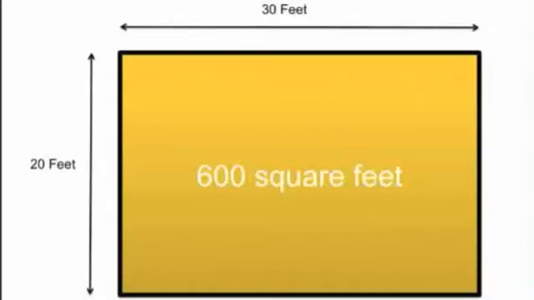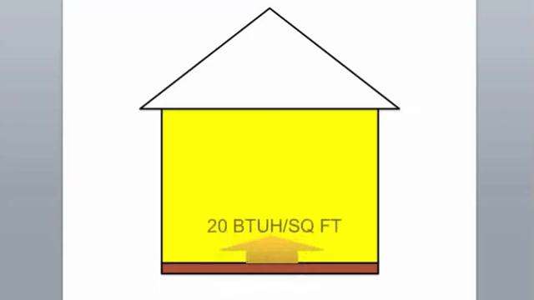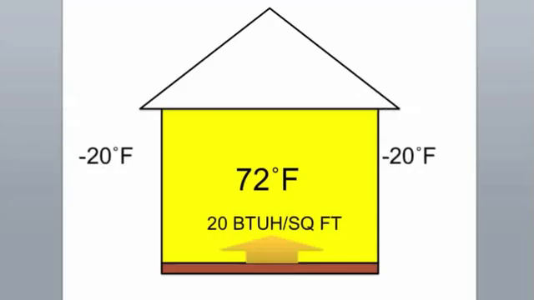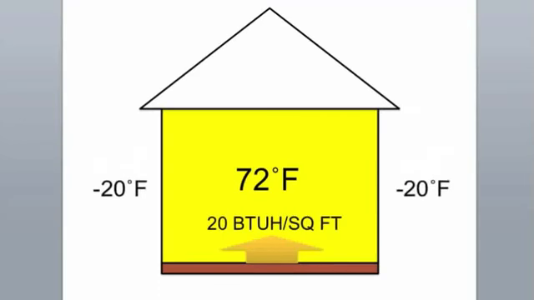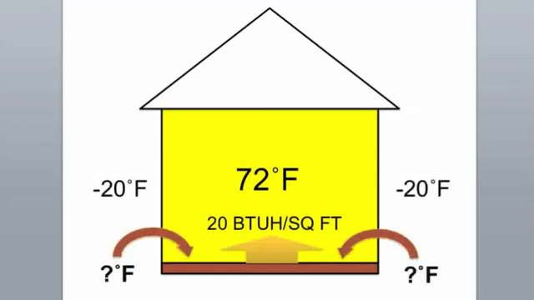As an example, we begin with a space we would like to heat with radiant floors that is 20 feet wide by 30 feet long. We want to maintain an indoor design temperature of 72 degrees Fahrenheit. A heat loss calculation determined that 20 BTUs per hour are required to heat the space at an outdoor design temperature of -20 degrees. Side A of the RadPad calculator can tell us what floor temperature will be needed to